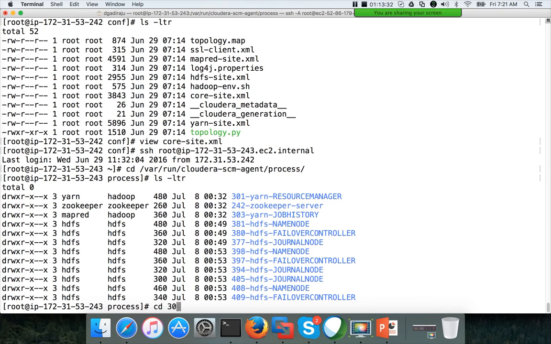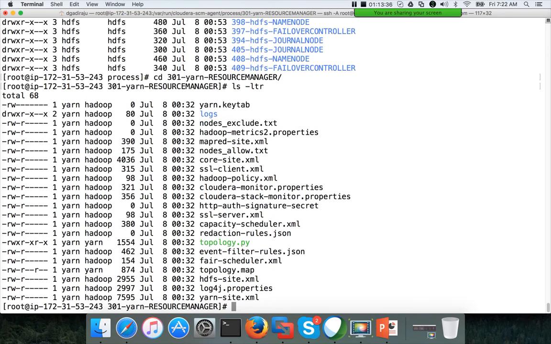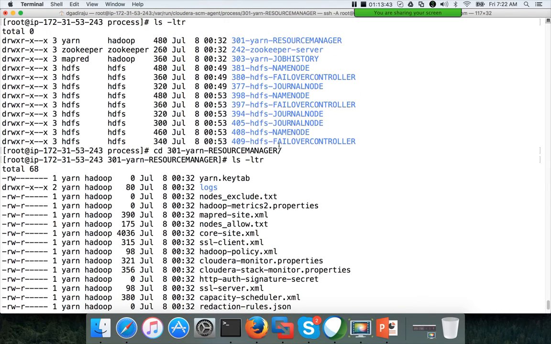You can get into that directory and run ls -ltr, and you can get the runtime parameters from the latest directory, which has the service name and the component name in it. Then the unique ID has to be sorted in ascending order. Whatever comes last should be the one you use. Last in the sense of the numeric value.